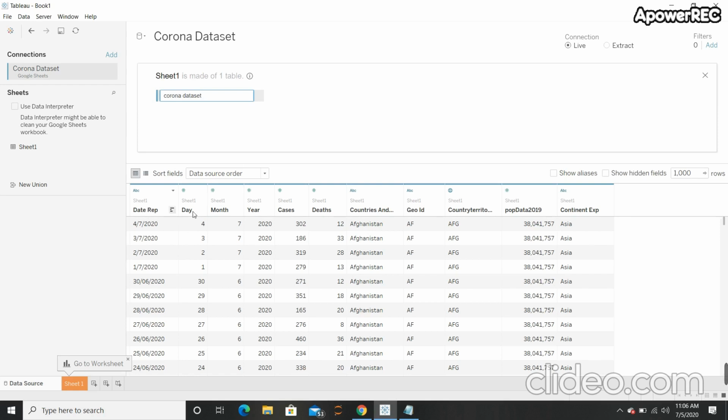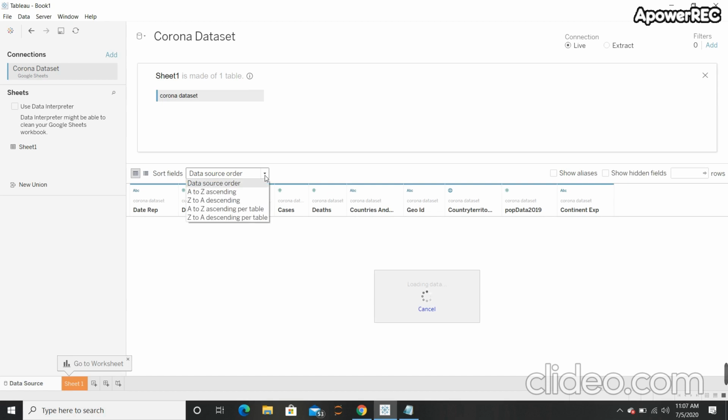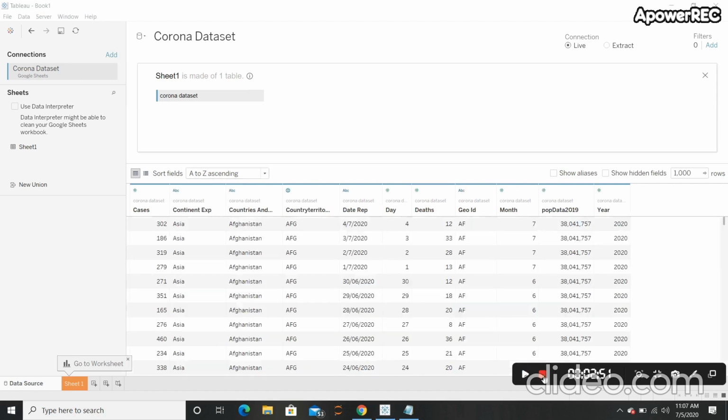I want these columns to be arranged in alphabetical order. For this, click this arrow and then click A to Z ascending. As we can see, the column names are arranged in alphabetical order, that is A to Z ascending.